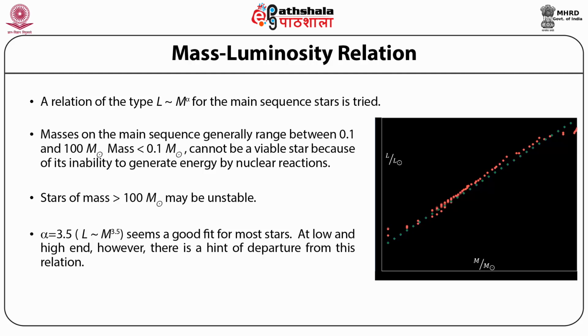The mass-luminosity relation generally used is L directly proportional to m to the power 3.5, where L and m are in solar units. This relation is, however, not valid throughout the entire range of masses. As shown in the figure, at the lower and higher ends of the mass range, the relation does not seem to apply. For the most part, however, the formula fits the data quite well.